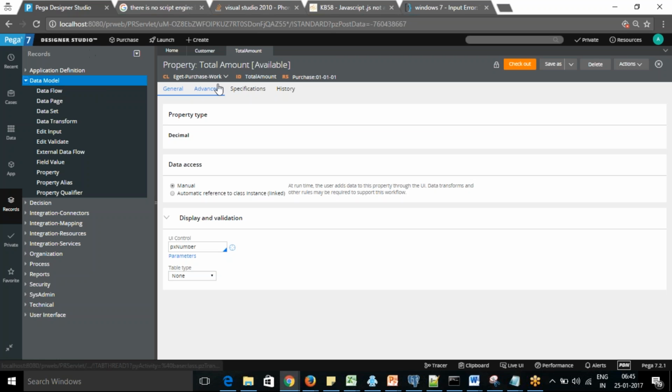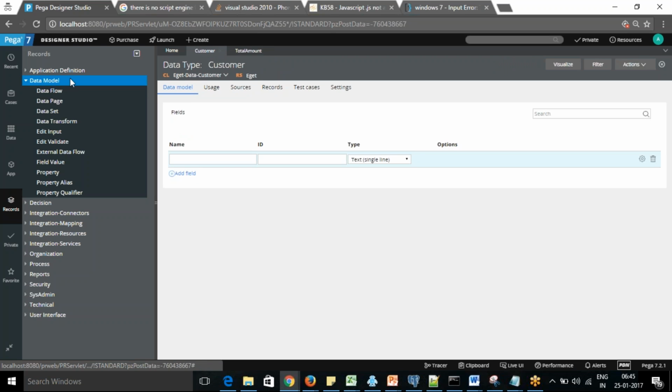So if you are in a customer page, a data type, you want to create multiple properties here. You want to create the customer ID, then you want to create text.